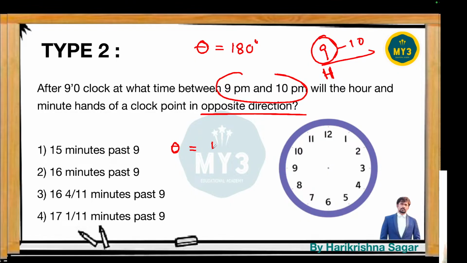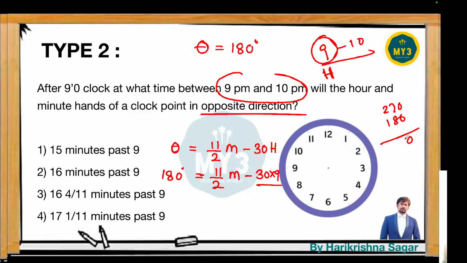Theta is equal to 11 by 2 m minus 30h. Now I have the theta value which is equal to 180 degrees. 180 degrees is equal to 11 by 2 m minus 30h. And what is the h value? Because they mentioned it as 9 to 10, you take the h value as 9. So it is giving a result as 270, and 270 plus 180 gives a result as